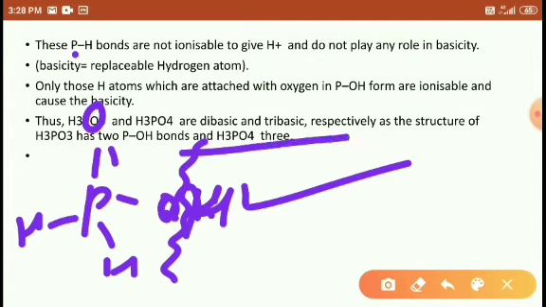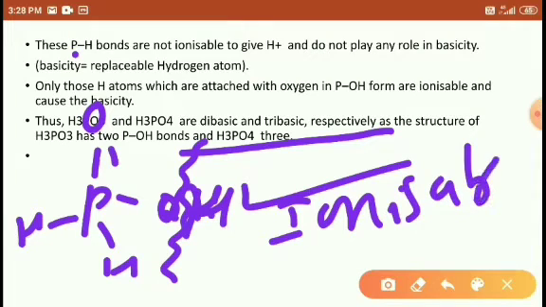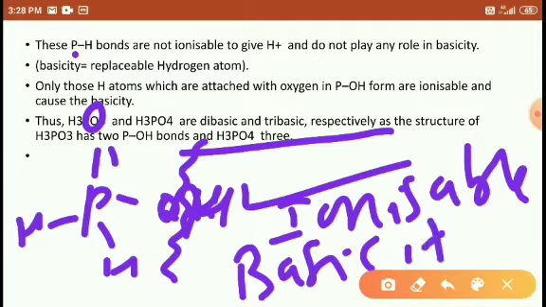This portion is called ionizable. The basicity is 1, since it releases one hydrogen. But this P–H bond,